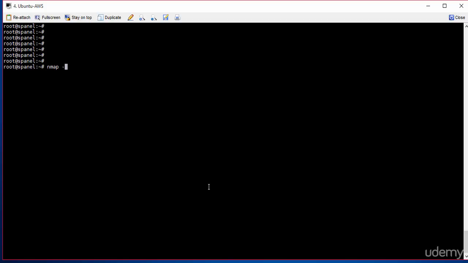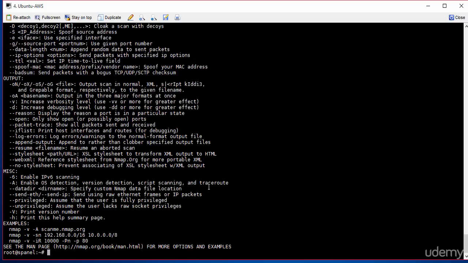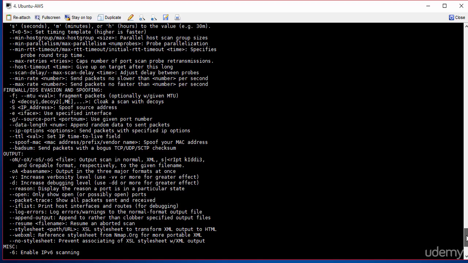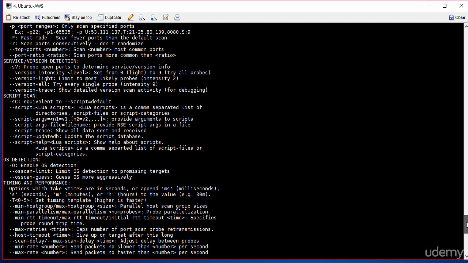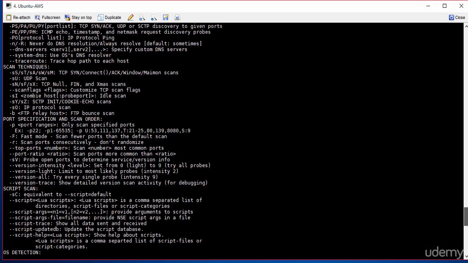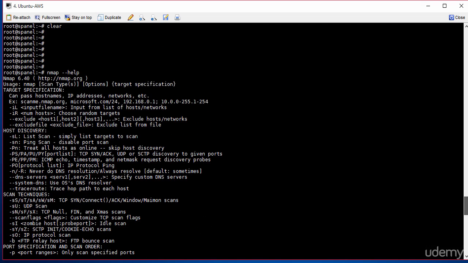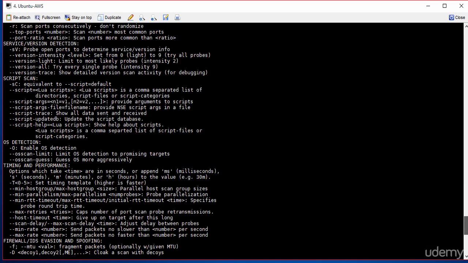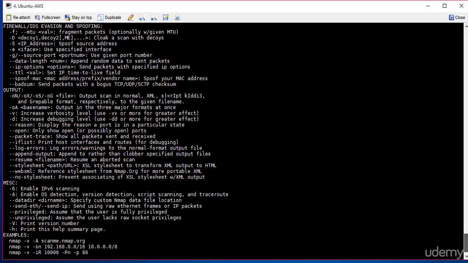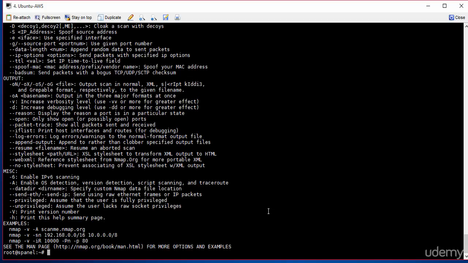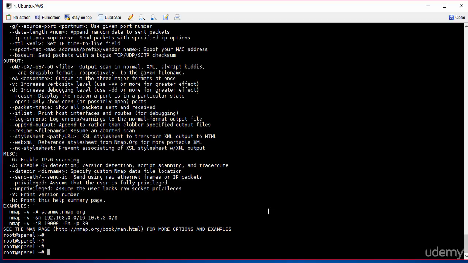So let's look at the help and see all the commands that are listed here that we can use NMAP for. I'll explain more on these options later, but for now we're just going to do a demo, and that way you will see exactly how data is obtained by NMAP and how a hacker would use this for personal gain. Now let's type in NMAP,